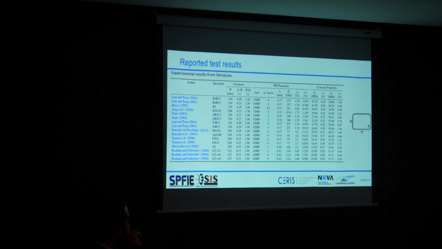To assess the accuracy of these models, we need experimental tests. These tests were found in the literature. And what type of tests were we looking for? The ones with full information about geometry, FRP properties, and concrete properties. Regarding the geometry, we have b and h as the smaller and the larger sides of the columns, and r the corner radius. Regarding the FRP properties, we consider the tests with information about the number of layers, the design thickness,